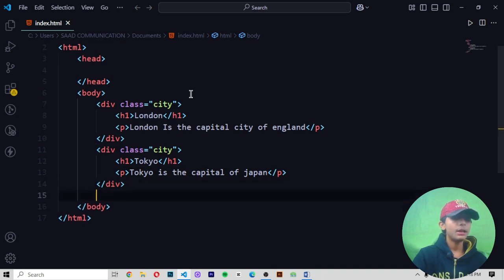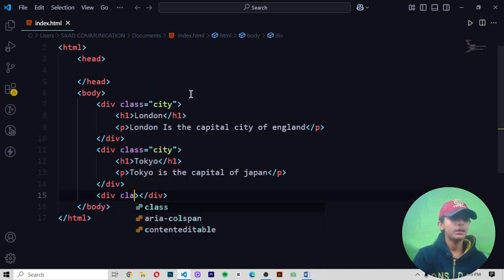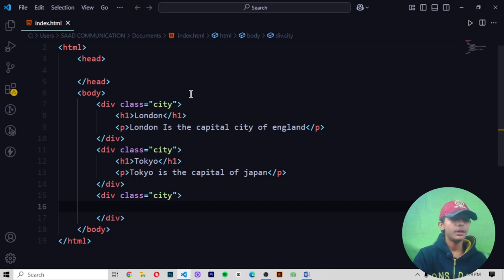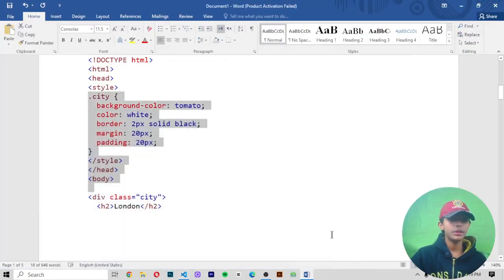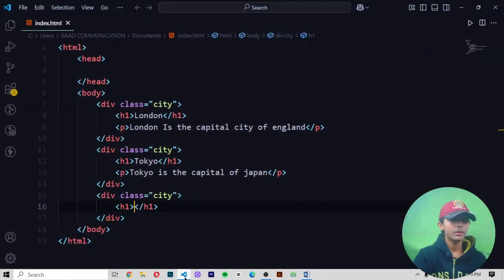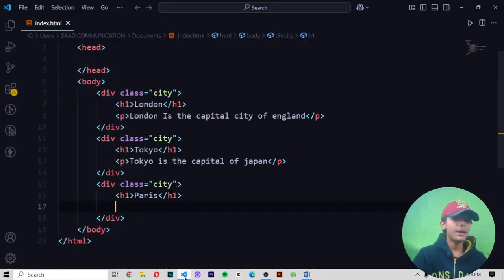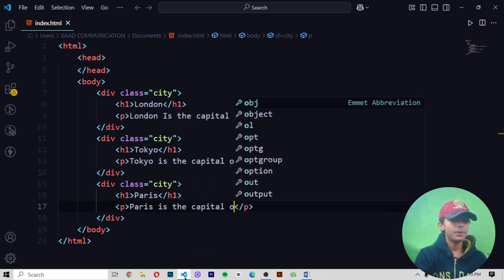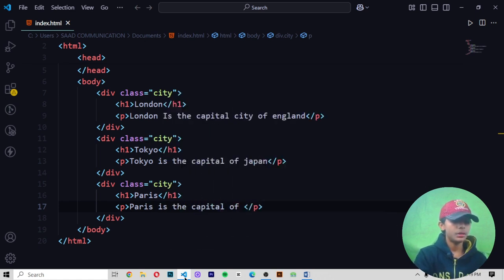Now I am defining one more city, three cities in total, and the last city name I am giving is Paris. In the paragraph I am writing Paris is the capital of France.